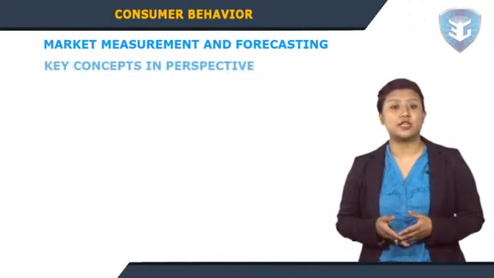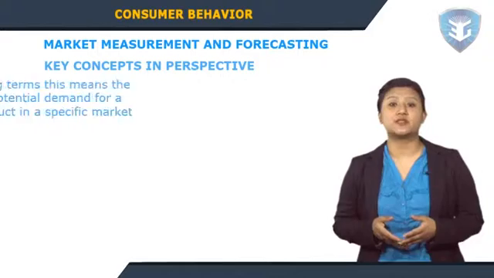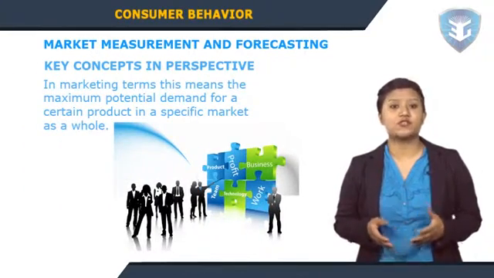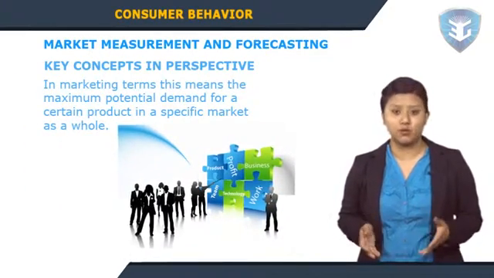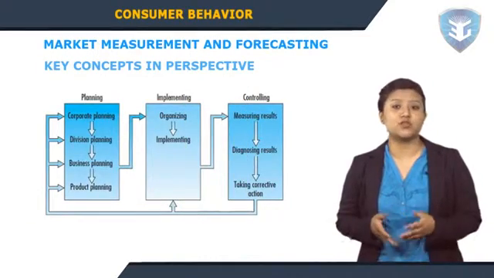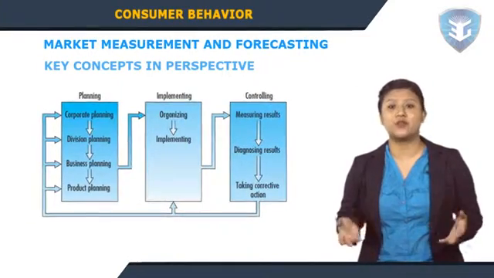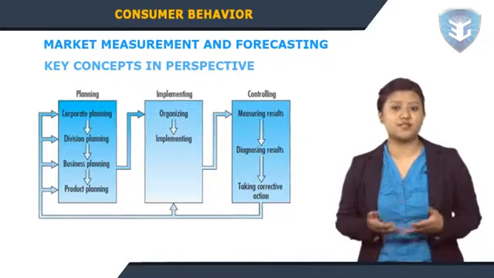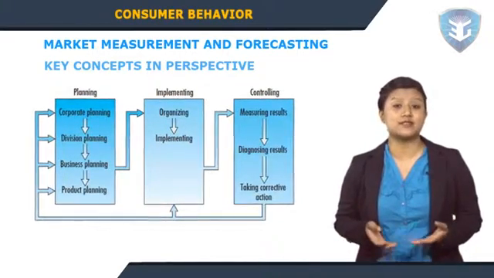The key concepts in perspective. In marketing terms, this means the maximum potential demand for a certain product in a specific market as a whole. The market potential is relevant to a specific geographical area, a specific period of time, specific types of products, a specific market segment, and is expressed in terms of all of these,